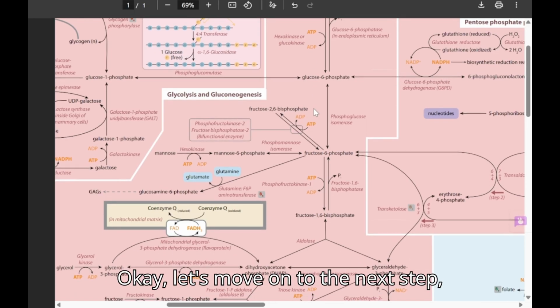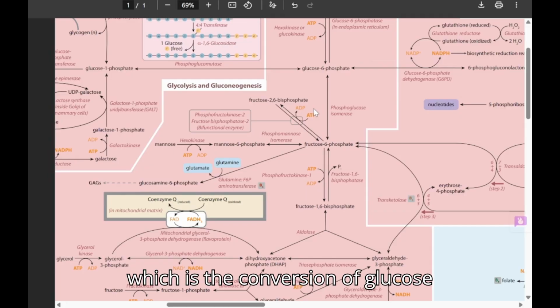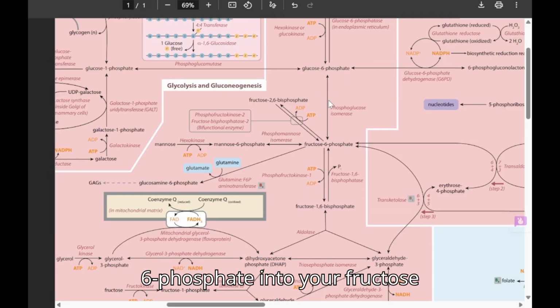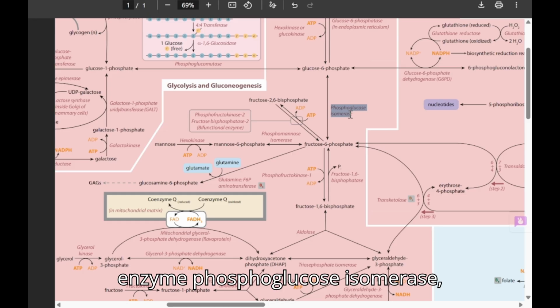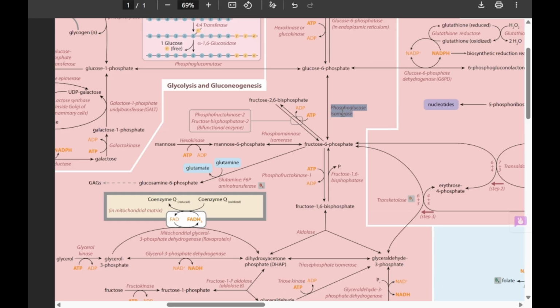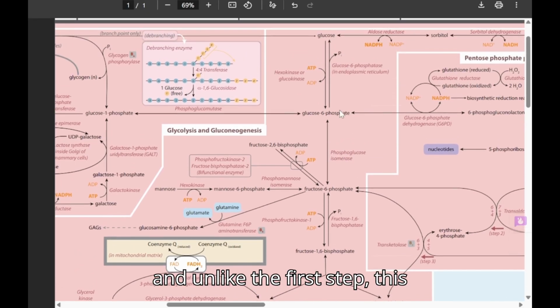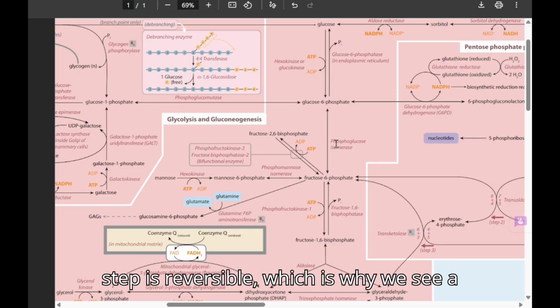Okay, let's move on to the next step, which is the conversion of glucose 6-phosphate into fructose 6-phosphate. This particular step is carried out by the enzyme phosphoglucose isomerase. And unlike the first step, this step is reversible, which is